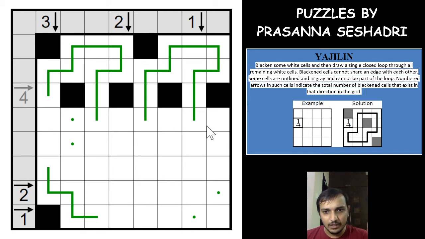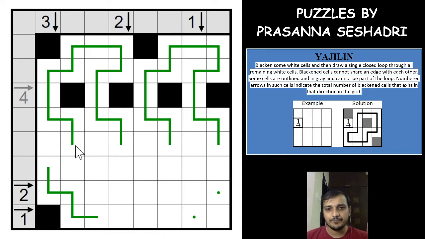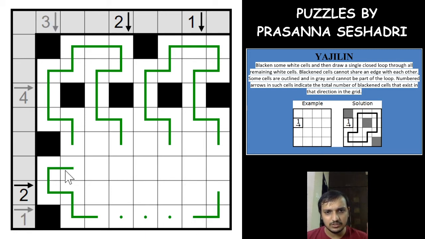So now these both are unshaded. This goes this way, this will go this way. This is unshaded, this has to go this way, and this has to go this way. For the 1, we have already fulfilled one shaded cell, which makes a loop here, and the 3 has to be this way, right? So for the 2, as I said earlier, even one cell away from the edge, you cannot have 2 shaded cells and one white cell in between, right? So it means that this cell cannot be shaded.